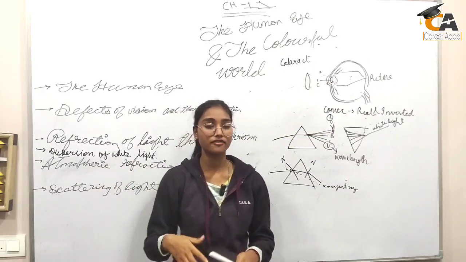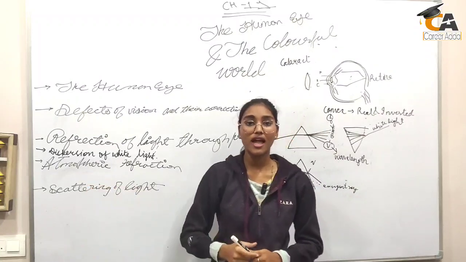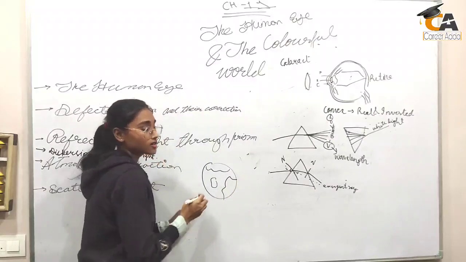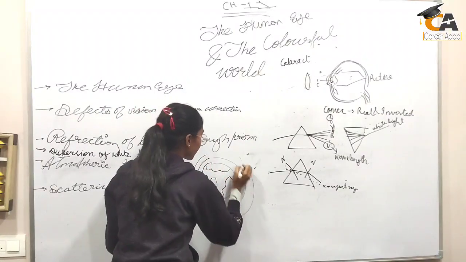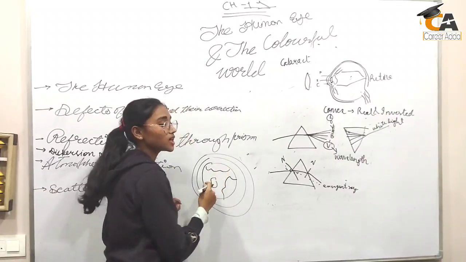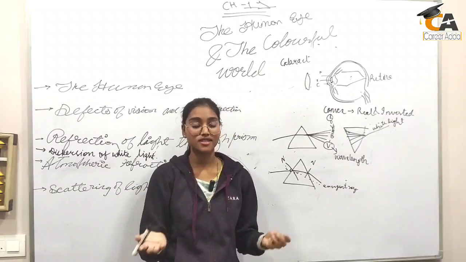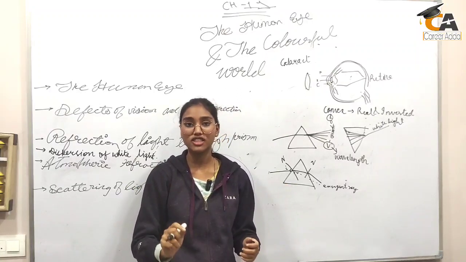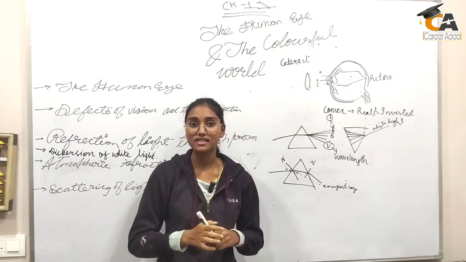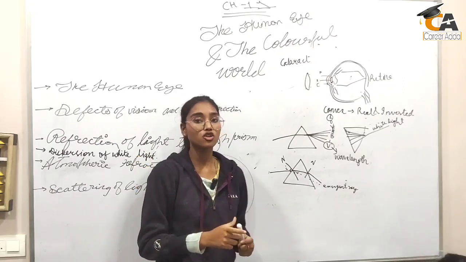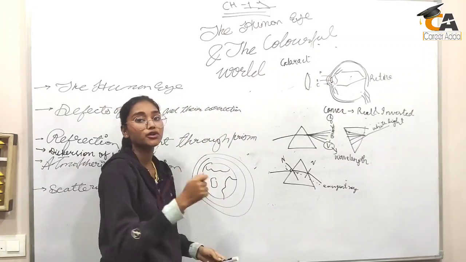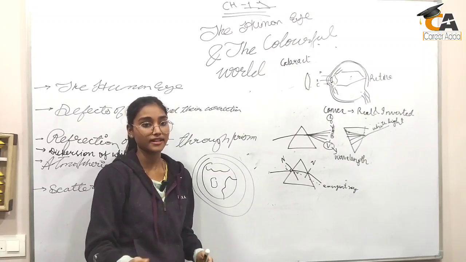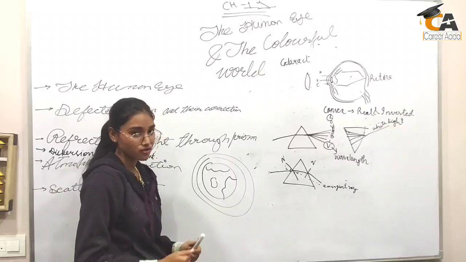What is atmospheric refraction? As the term suggests, atmosphere. This is Earth, and there are various layers present, like the atmosphere and stratosphere. In the atmosphere there are various types of gases, hot gases, cold gases, and different amounts of nitrogen and oxygen. So the density and the refractive index of each gas vary a large amount from each other. The refraction that takes place in the atmosphere due to the difference in the density and the refractive index of different gases is known as atmospheric refraction.